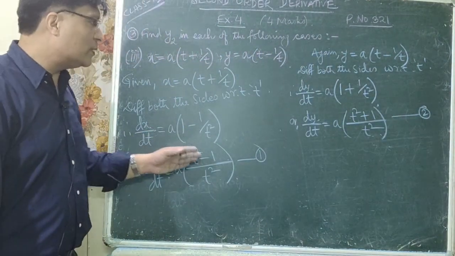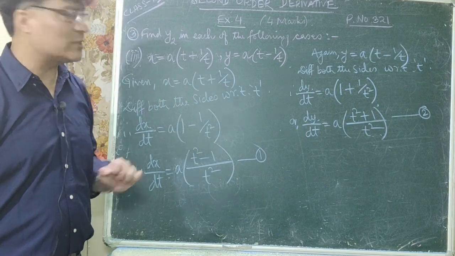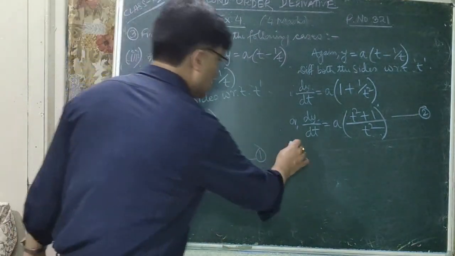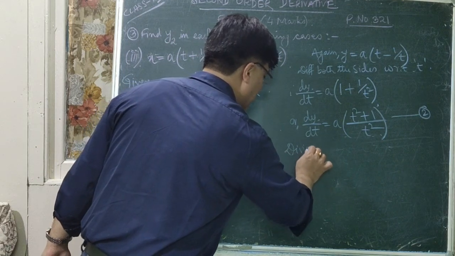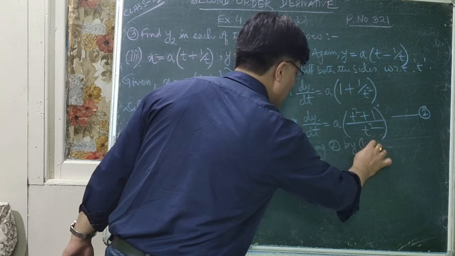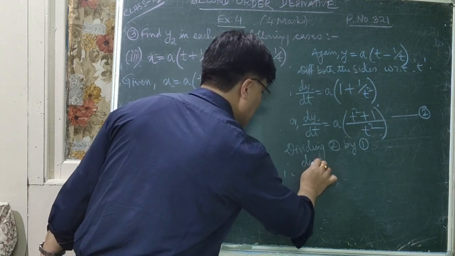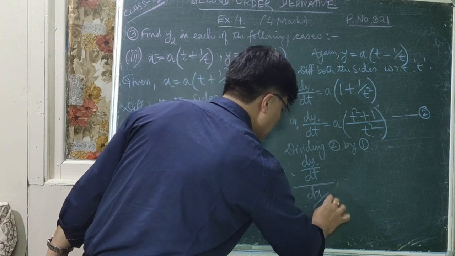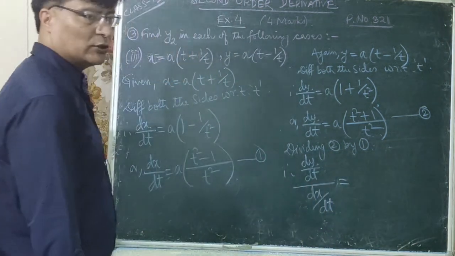So now what will you do with this number 1 and 2? To get dy by dx, you have to divide it. So dividing 2 by 1, what do we get? Therefore dy by dt upon dx by dt, which is equal to, now on the right